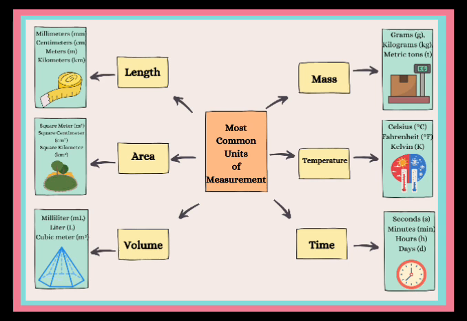Next is area. Area measures the extent of a surface in two dimensions and is crucial for understanding spatial dimensions. In the metric system, units such as square meters, square centimeters, and square kilometers are used for varying scales of surfaces. Conversely, the imperial system employs units such as square inch and square foot, tailored for specific applications. Mastery of area measurement is pivotal for fields such as construction, architecture, and urban planning, facilitating accurate assessment of spatial capacity.